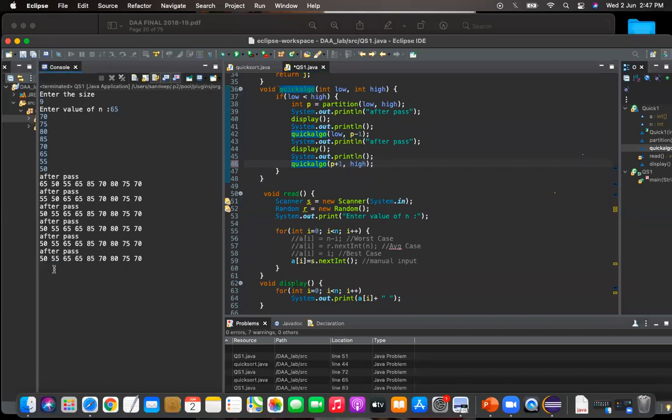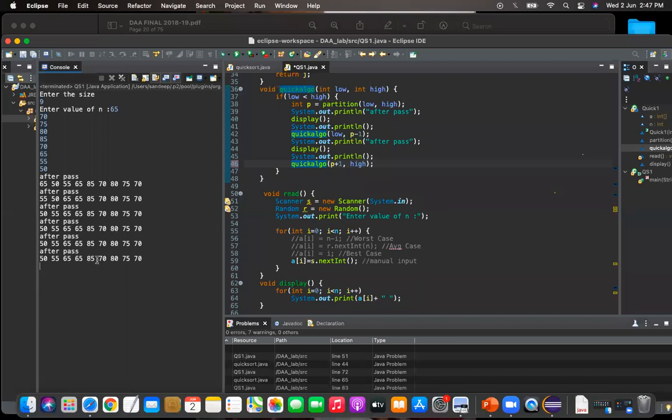So left side elements are sorted. Now, if I call quicksort one more time, it will sort the right part of the array also. Is it clear? Quicksort, how it works? See, in the exam also, if they give you the problem, you should be able to solve it like this. Array, how the values change in the array. You can observe it programmatically itself. After each pass, if you try to print the array, you will understand how elements are interchanged.